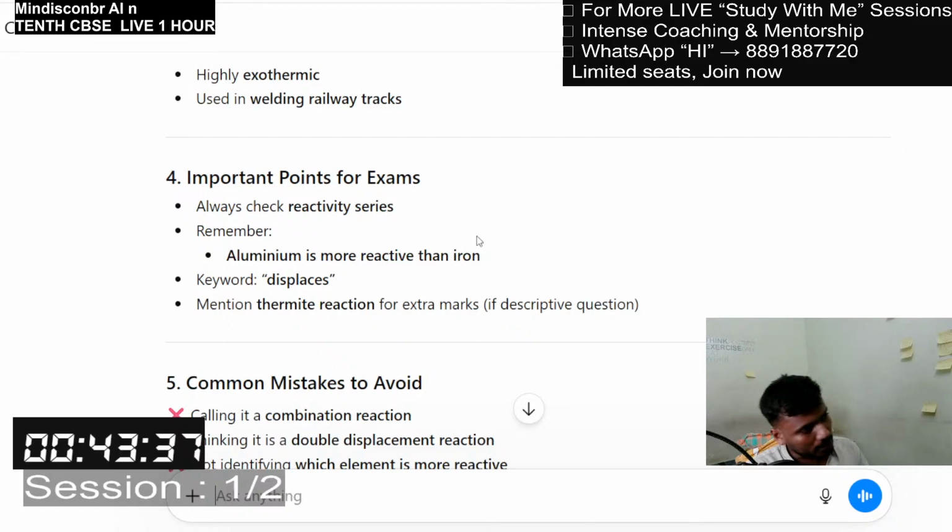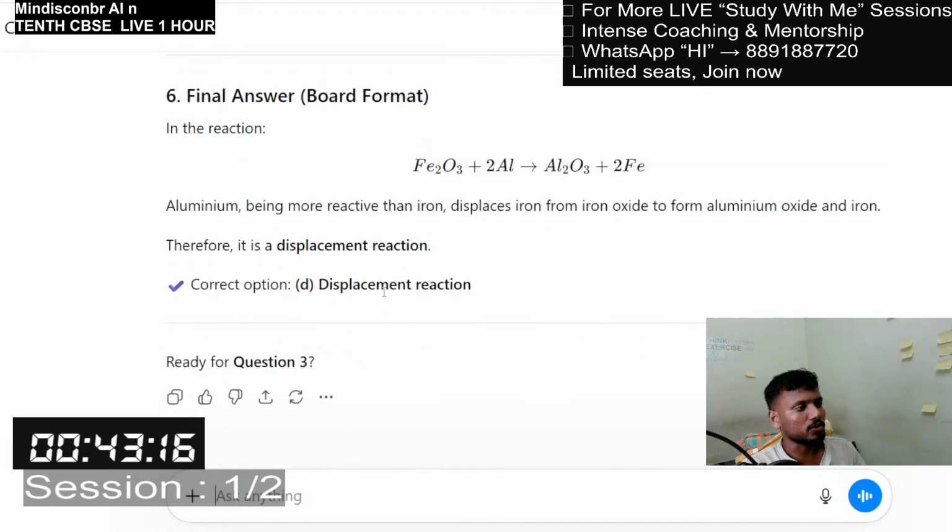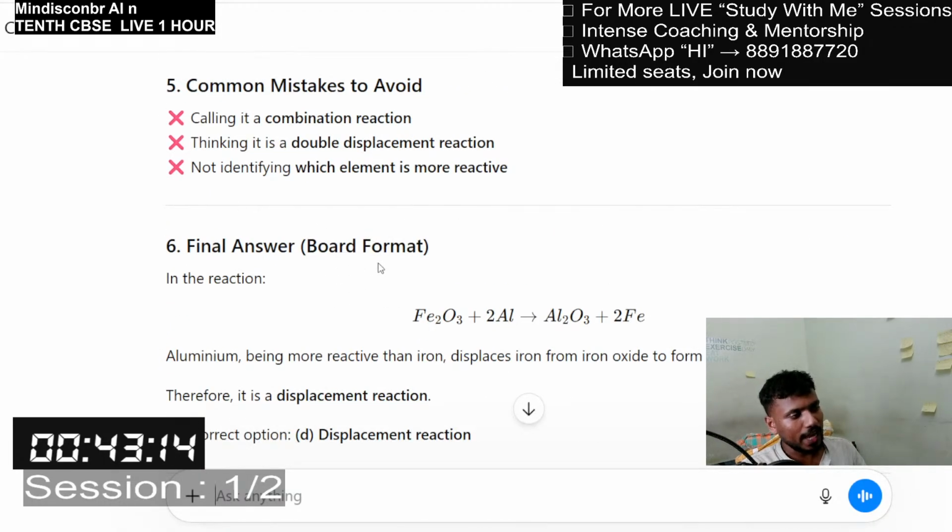Important points for exams: always check the reactivity series. Remember, aluminum is more reactive than iron. Keyword: displaces. Mention the thermite reaction for extra marks if it is a descriptive question. Common mistakes to avoid: calling it a combination reaction, thinking of it as a double displacement reaction, not identifying which element is more reactive. Final answer, board format: in the reaction Fe2O3 plus 2Al gives Al2O3 plus 2Fe,